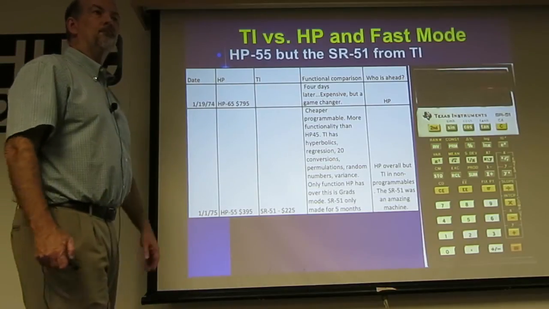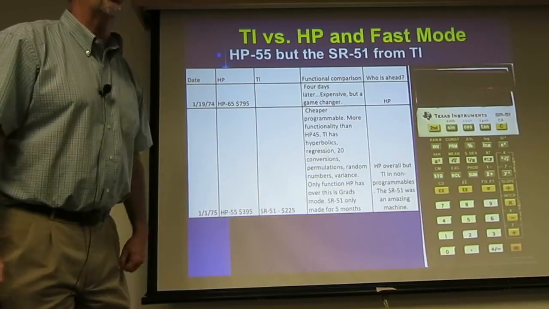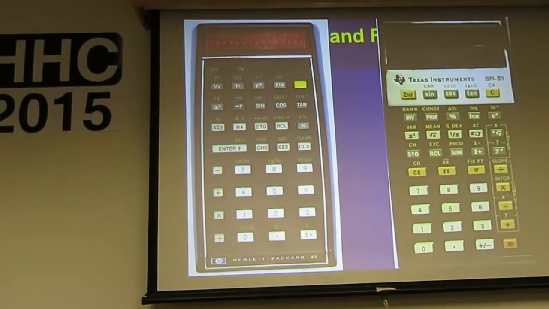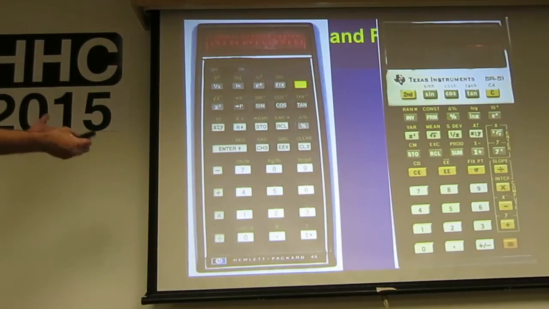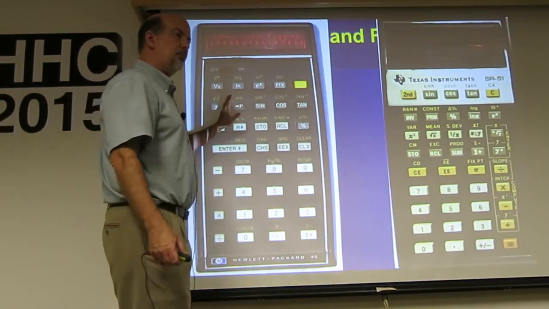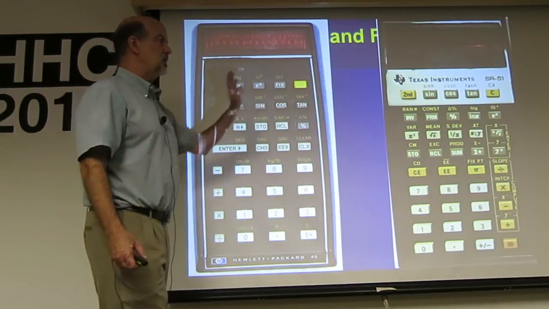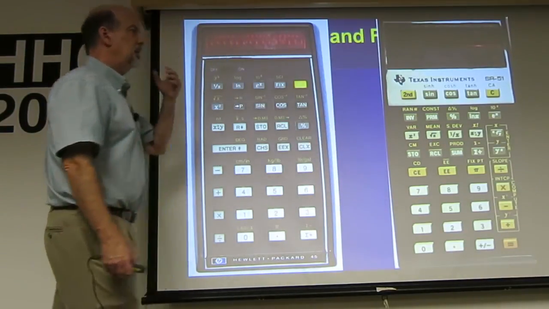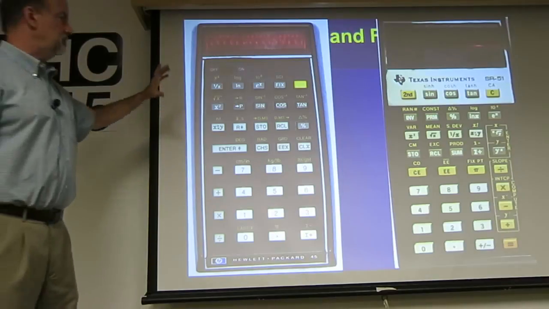Jane, it was replaced with the A, right? It was replaced with the SR51A, which shows up very shortly. So here's your 45 and 51. And I really think this has 3 memories, this still has 9. But, you know, up there in the $300-something range and just above 200, it's hard to really say, other than